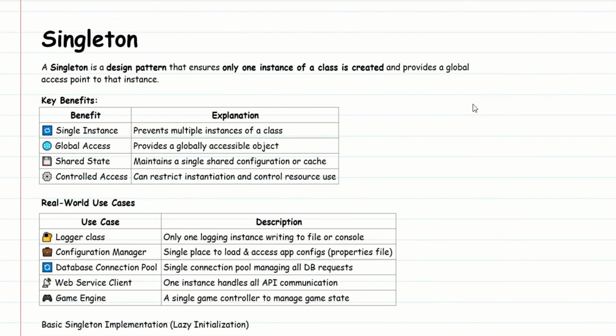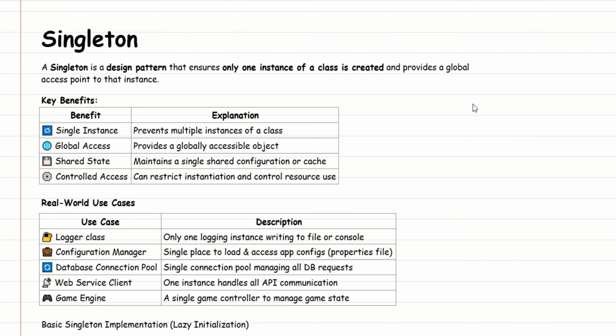A singleton in Java is a design pattern that ensures only one instance of a class is created and provides a global access point to that instance. So think of it like a CEO object. You should only ever have one CEO per company. And you use a singleton when you only need one object, like a logger class or a database connection pool